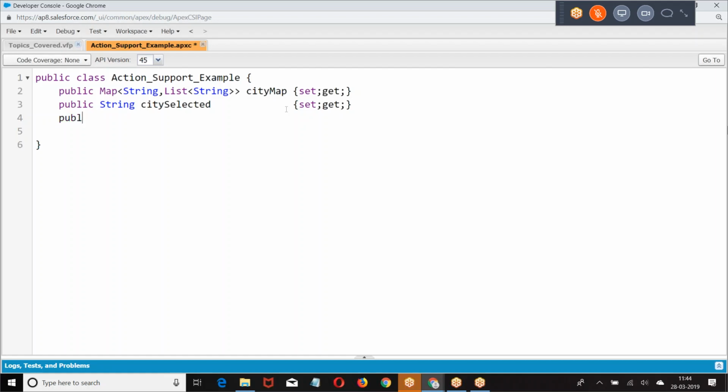Now I want to create a pick list field here, where I was giving city map equal to new map of. Then I was giving places equal to.